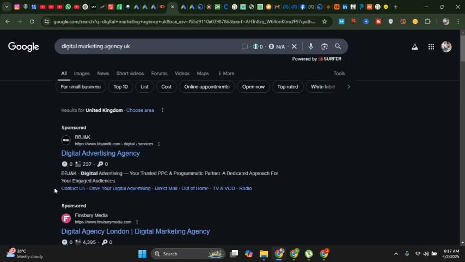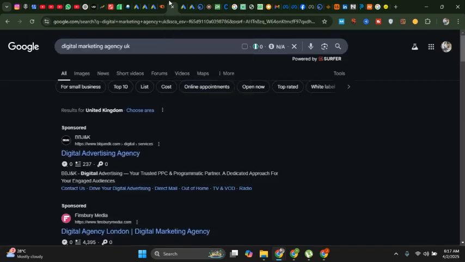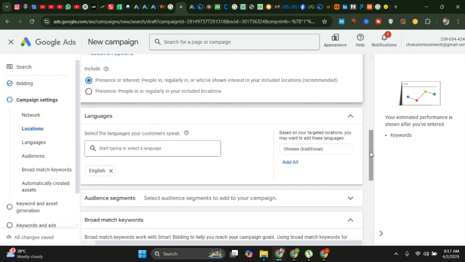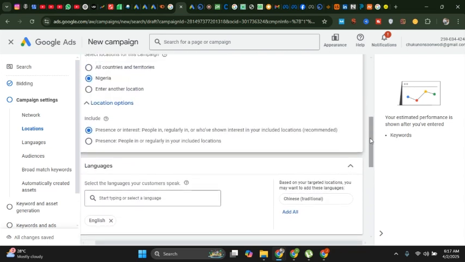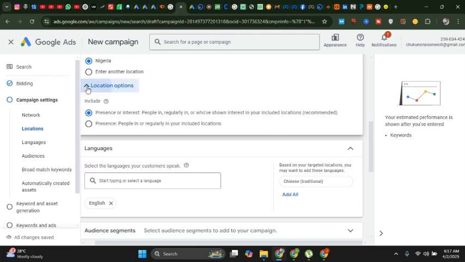But if your product can be sold to anybody around the world or wherever you want to be targeting, maybe you're in Nigeria and everybody in Nigeria uses your product, and even if somebody is not in Nigeria and they are searching for your product, if they can easily get it, then this is a better option for you. But if you're just selling a product locally in Nigeria,